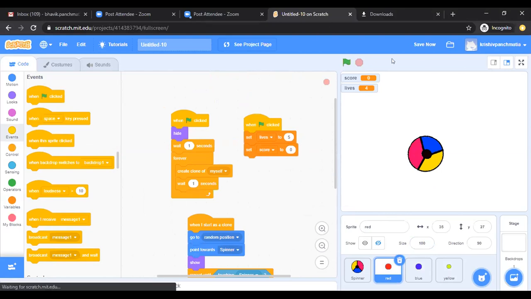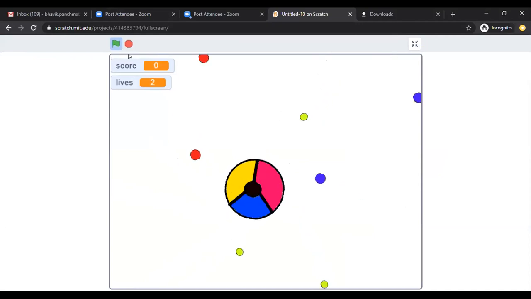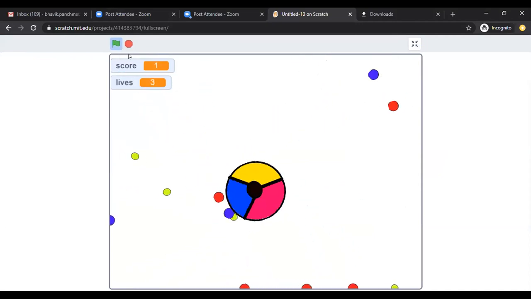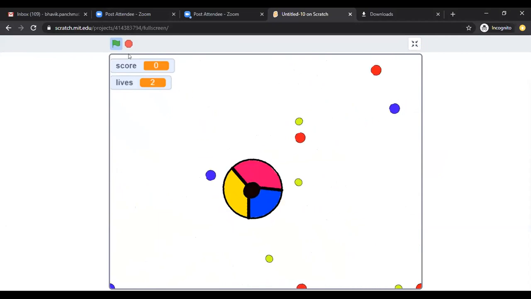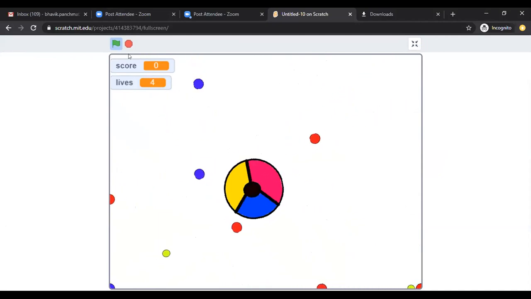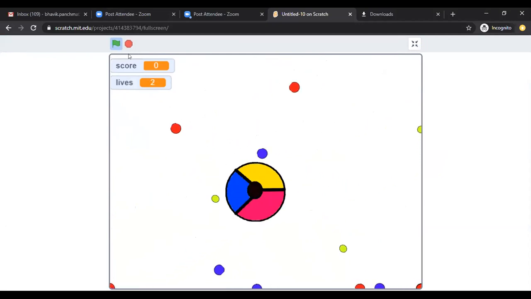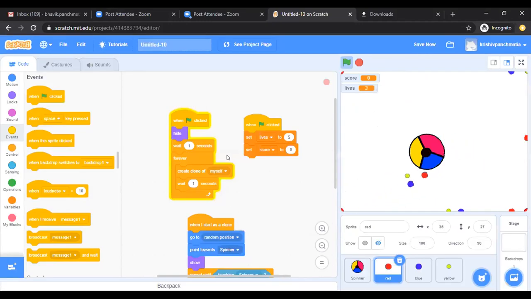So now let's see. Okay. All right. Sir, I'm not good at all. But you have to practice the first time you are playing, right? Yes, sir. Okay. All right. So can we increase the rotation speed? Yes, you can do it. You have to change it. Instead of turn 5 degree, make turn 10 degree. Yes, sir. Okay. I want to do that.